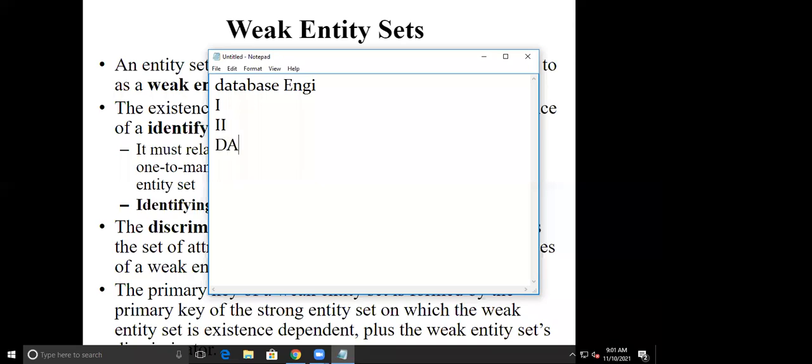Next, I'm considering a subject DA. Within that subject also I'm having one section and two sections. So if along with this I'm also storing this information, that this is stored in the same 1, then whatever this information is, it will be getting repeated.